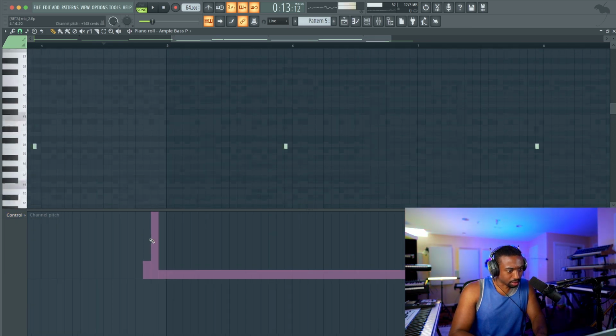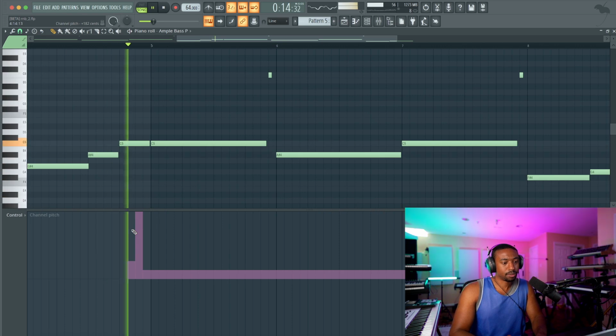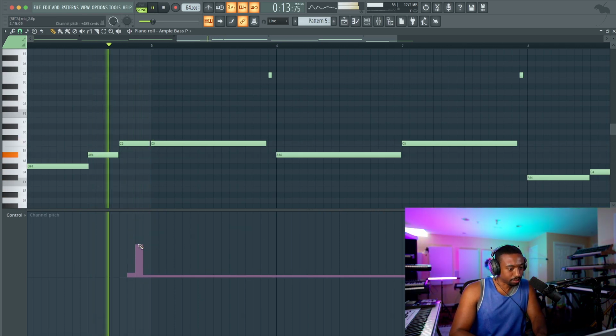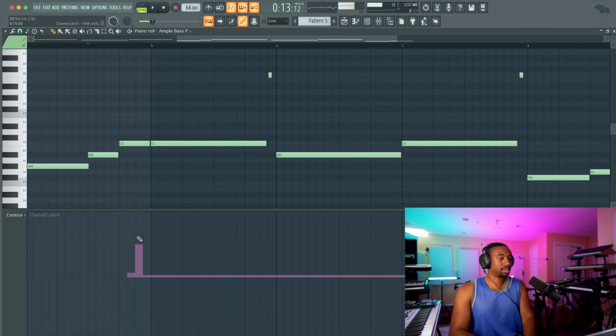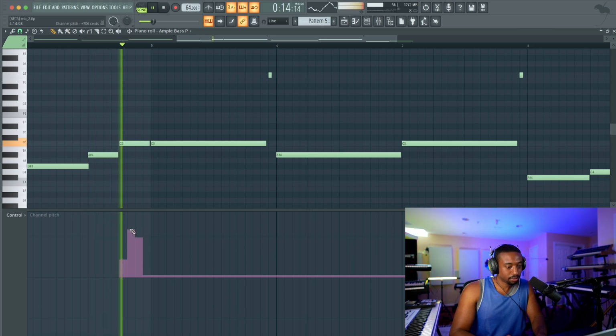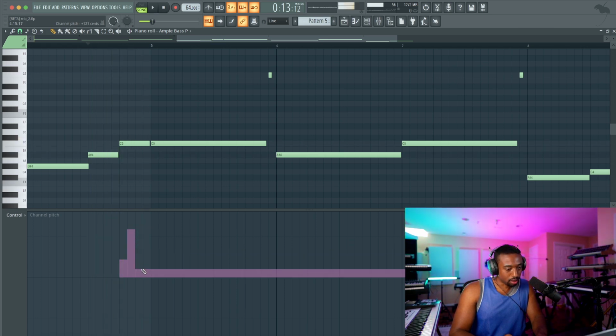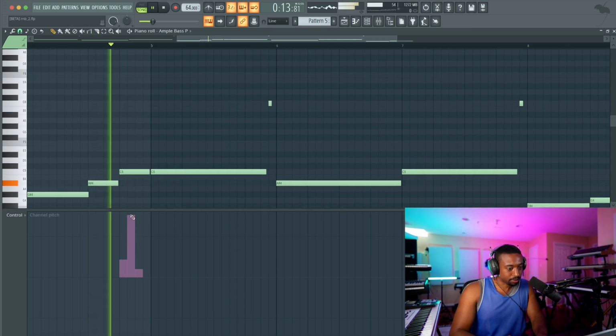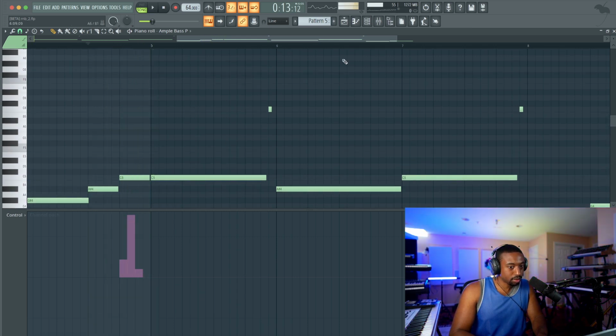Let me exaggerate to triple check. Okay, it does work. It's just the pitch bend has to be kind of extreme. So this is weird, because at 600 cents this would sound way different. But here it goes like that. So we just want to go up and then back down in pitch. And then again, go back to 0 and hit Shift, left click. It's kind of subtle, so I'll exaggerate. So it goes like that.